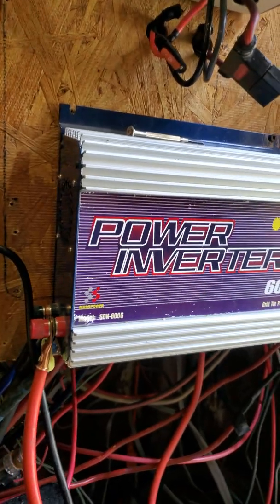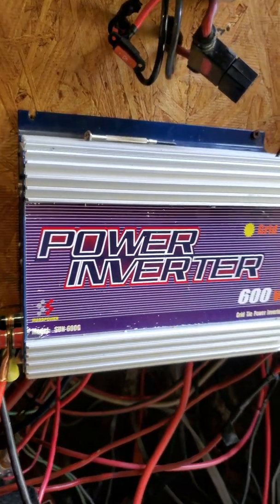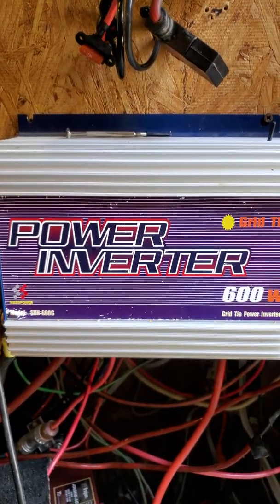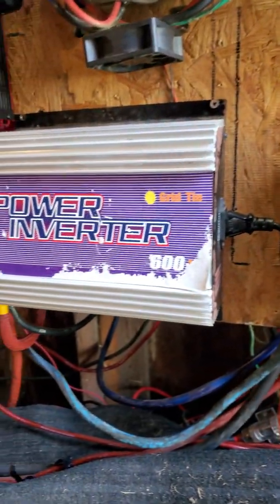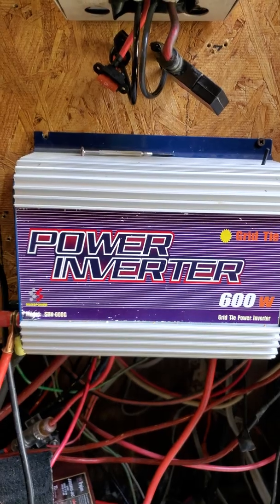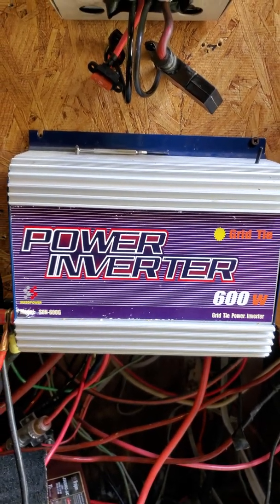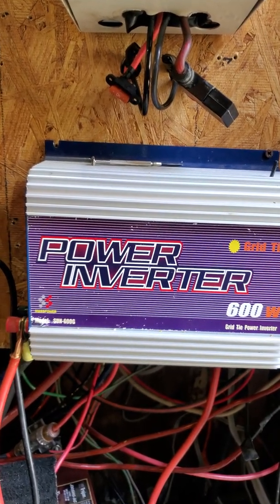Currently, as you can see, there's no flashing green light because they already did their purpose for the day. I currently have two of them. One actually gets 450 watts in 1 hour, and the second one gets 425 watts in an hour, which gives me 875 watts